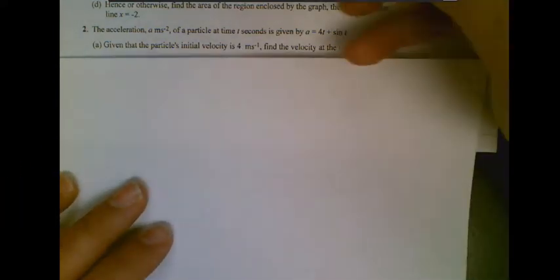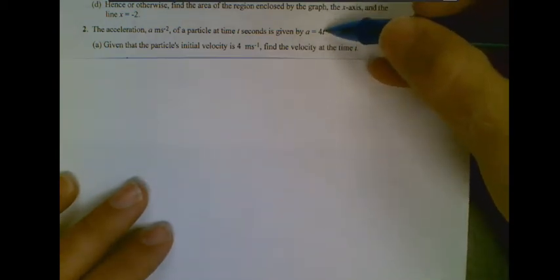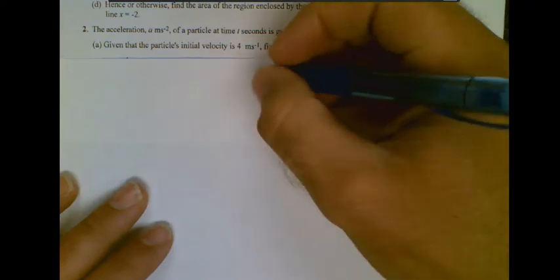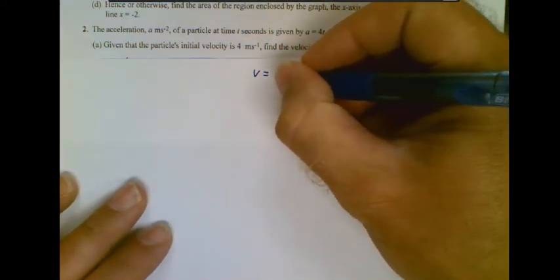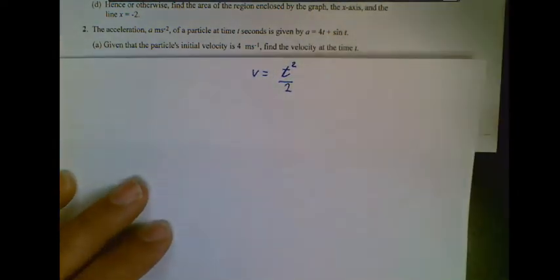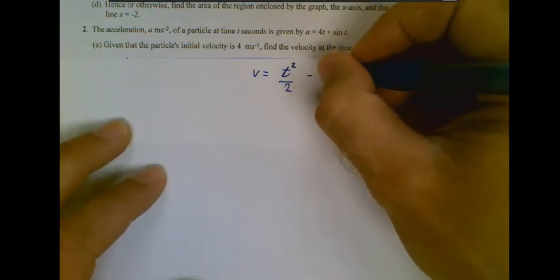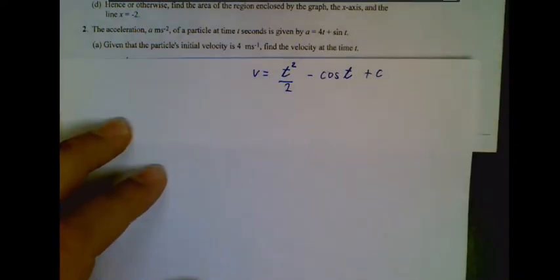So if we go down the line and integrate this, this would become 4t squared over 2. And obviously the 4 over 2 just becomes 2. So I'm just going to be looking at t squared over 2. For the sine, the integral of sine is negative cosine. And then for now we're going to put a plus c, but that's something we can solve for given this